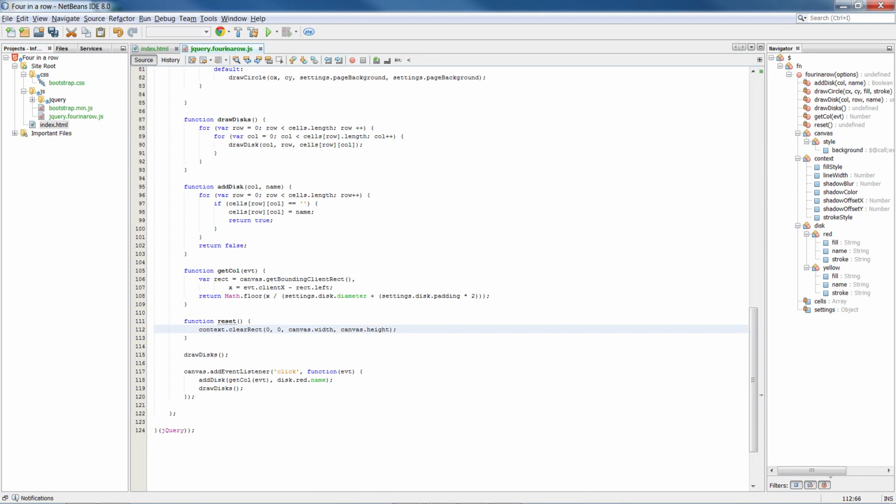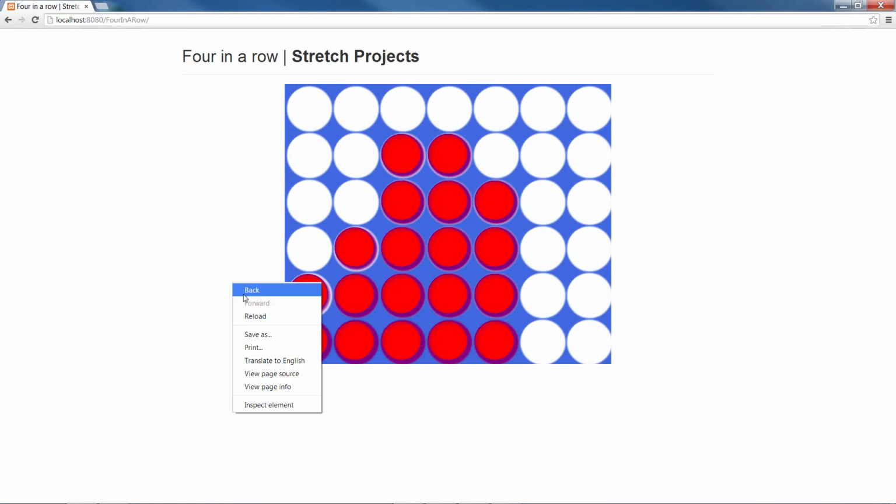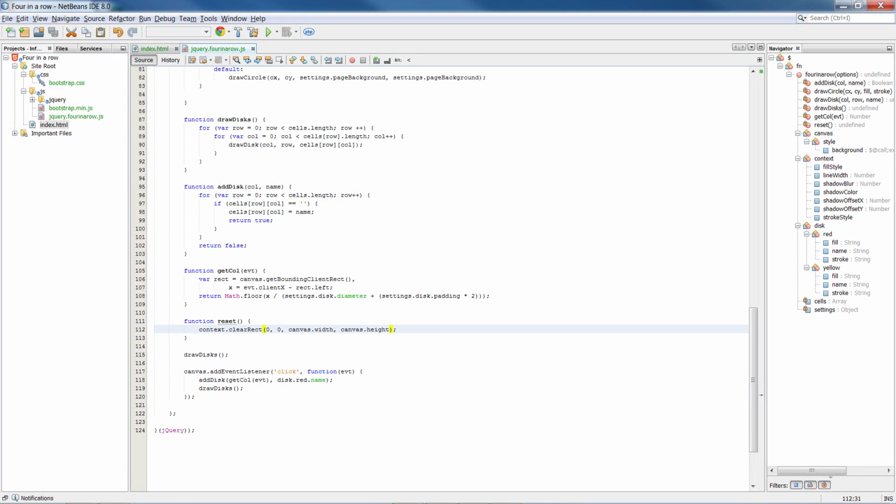And all that the clear rect method does is delete anything that's within its boundaries, and so we set its boundaries to 0, 0 and then the width and height, so basically the entire canvas. So if we try again, we'll need to actually call that. So if we reset,